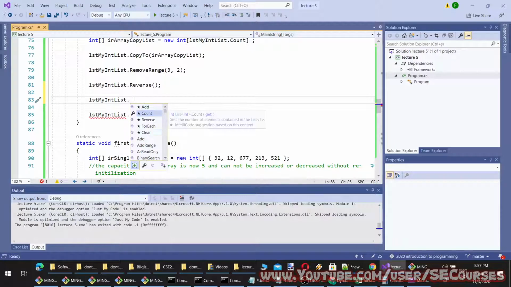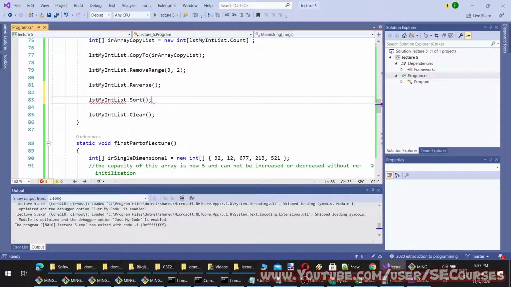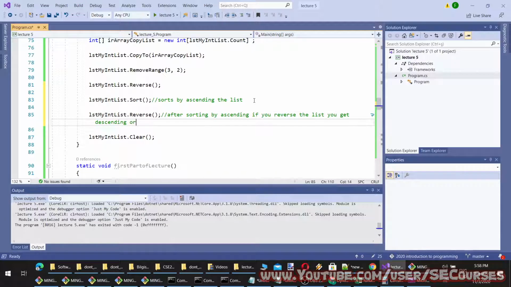Which further useful things am I checking? Okay, we can also use the sort method, which will sort by ascending. After sorting by ascending, if you reverse the list, it becomes descending order.